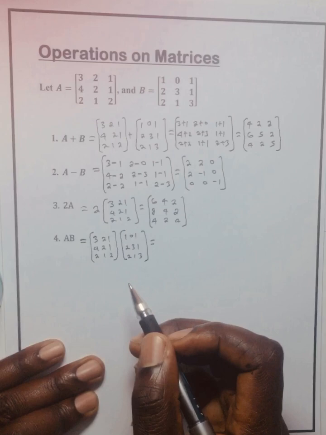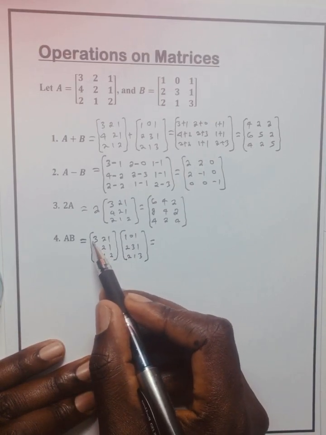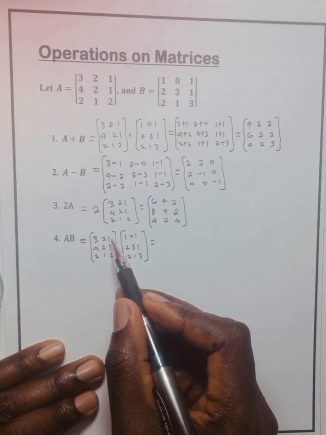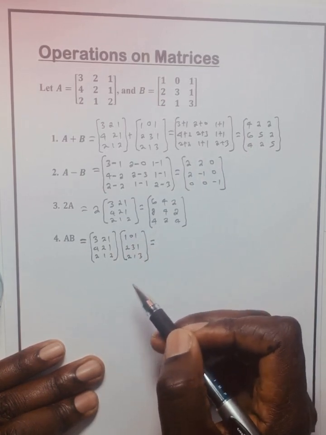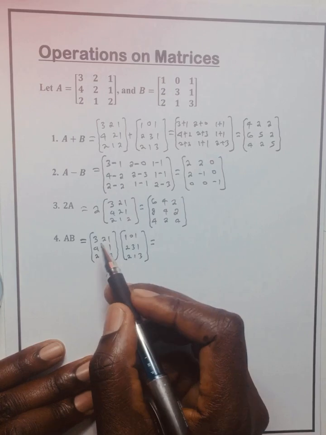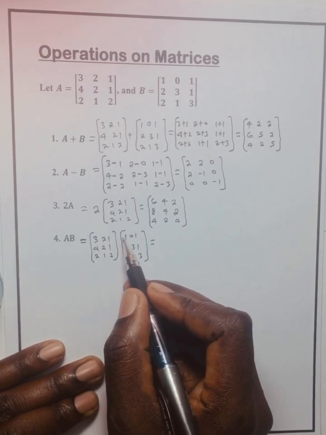So in multiplication of matrices, the row for the first matrix multiplies the columns for the second matrix in turns. So let's go. 3 times 1